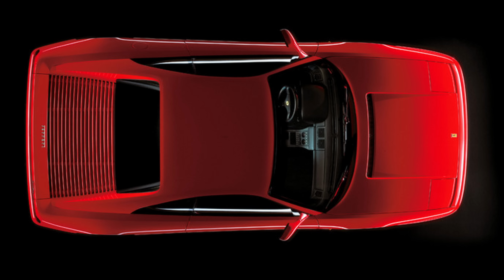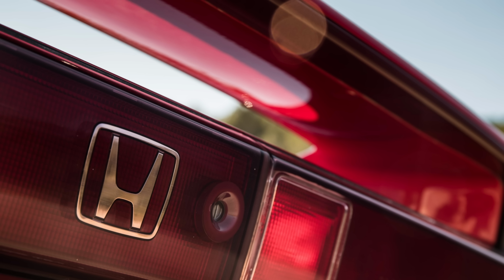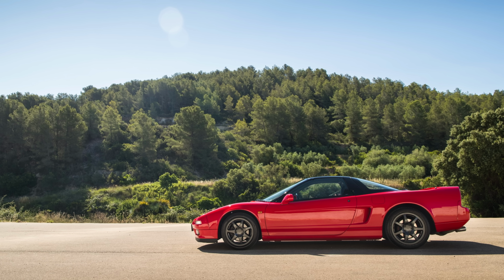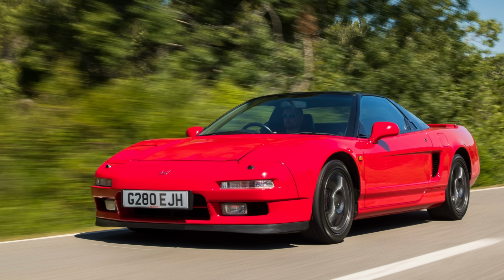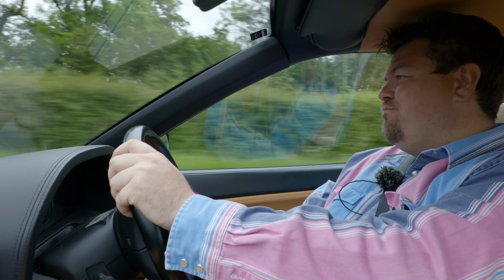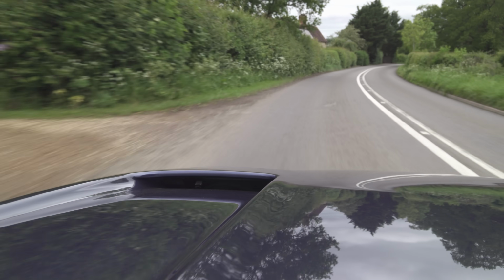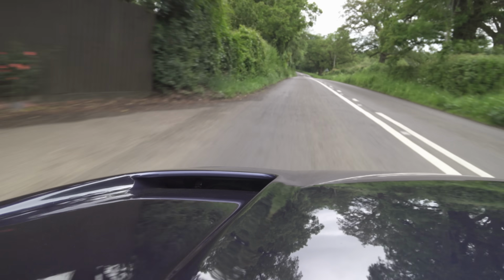But perhaps most embarrassingly, the new 348 landed at the end of the decade, only to be given a thorough whooping by Honda's NSX. And up until then, nobody could have even conceived of the idea of a Honda beating a Ferrari, and yet it did. In terms of, I think, looks, performance, and of course durability, it showed Ferrari they really could have been doing better. And so, with the arrival of one Luca de Montezemolo, Ferrari set about doing just that, both on road